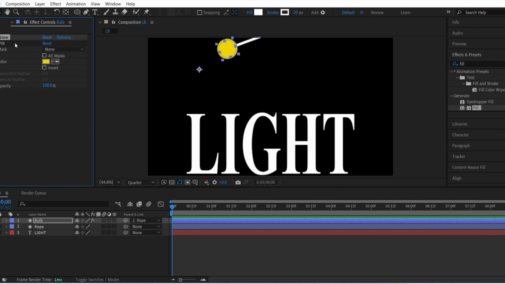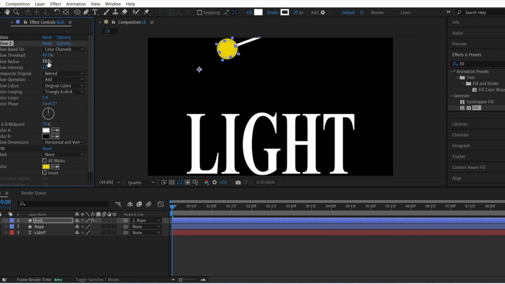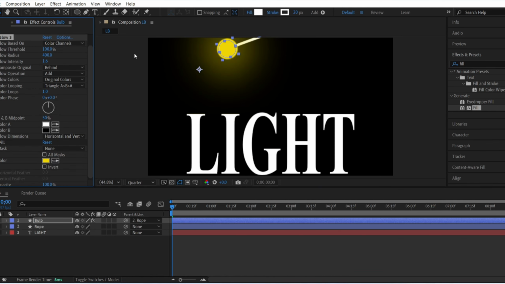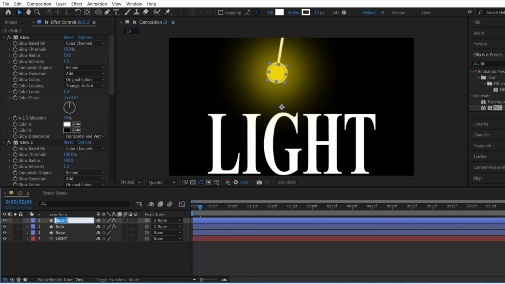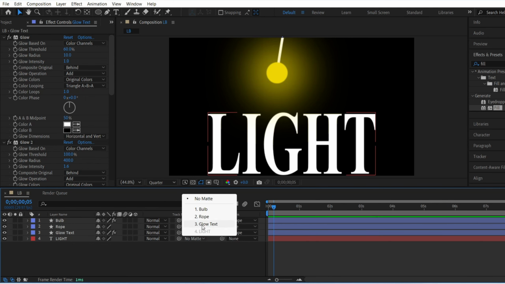Then we will copy the glow effect and increase the radius. I will increase it to around 400, and as you can see there is light around the circle area. Now we will copy it again, and as you can see it is glowing. Now let's copy the bulb layer and rename it as glow text, and now put it right on top of the text area, and let's put the matte of the light in